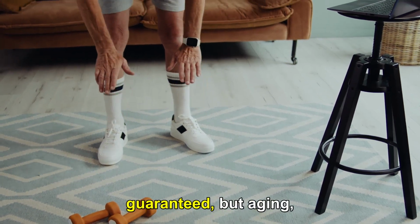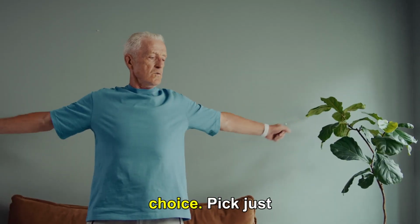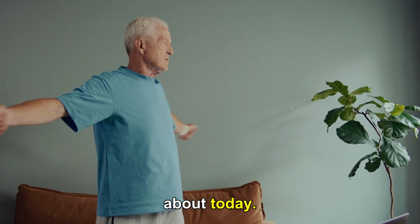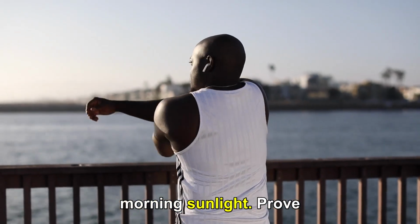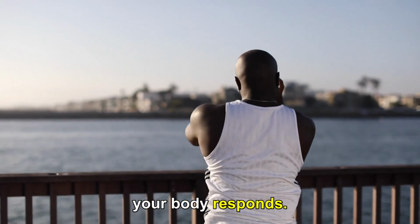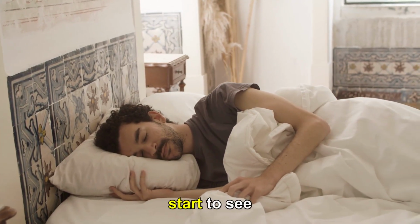Getting older is guaranteed. But aging, looking and feeling old, is a choice. Pick just one habit from everything we talked about today. Start with the morning sunlight. Prove to yourself you can do it for 3 days in a row and watch how your body responds. You will have more energy, you will sleep better, and you will start to see the life